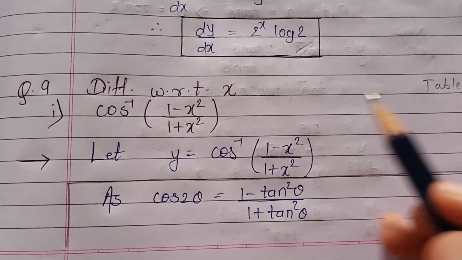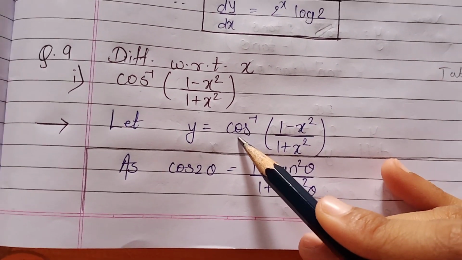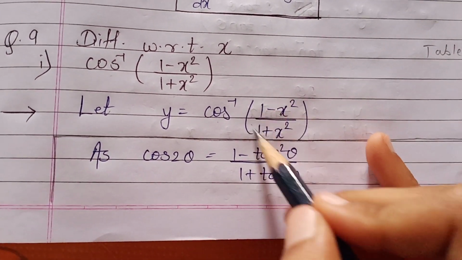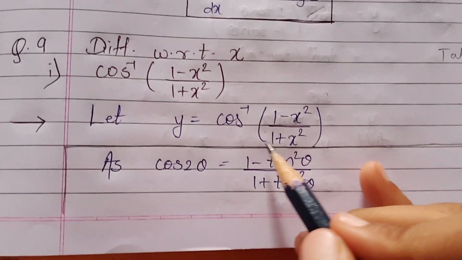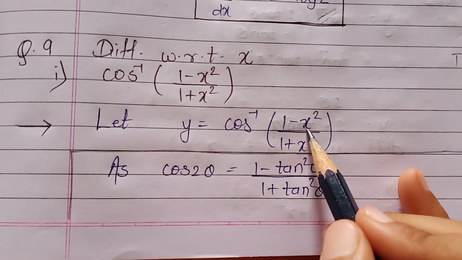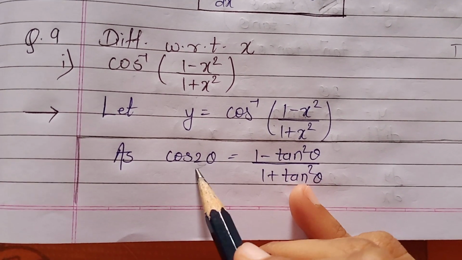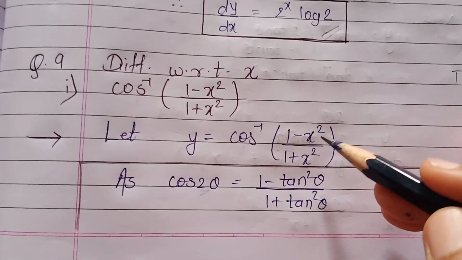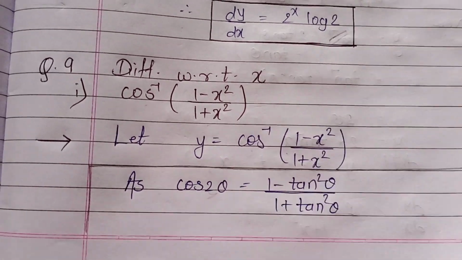Now, see, consider the first expression as y. It is cos inverse, so remember that we have to arrange cos inside. And see, just now we saw this form. I told you that it will come in x form, right? So this is 1 minus tan square theta upon 1 plus tan square theta, which is the formula for cos 2 theta, and we'll get cos inside. The work is done. For that you have to put tan theta instead of x. So go through the procedure now.